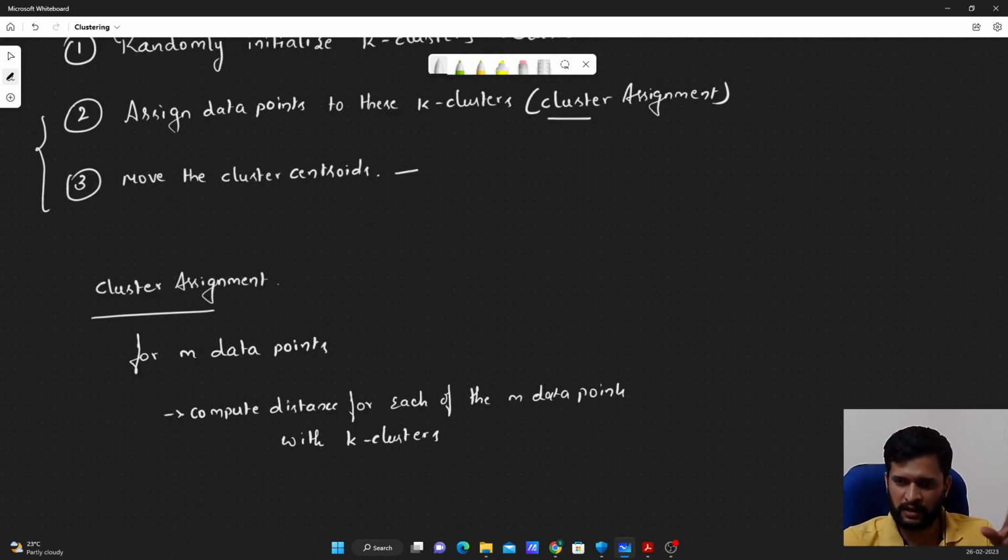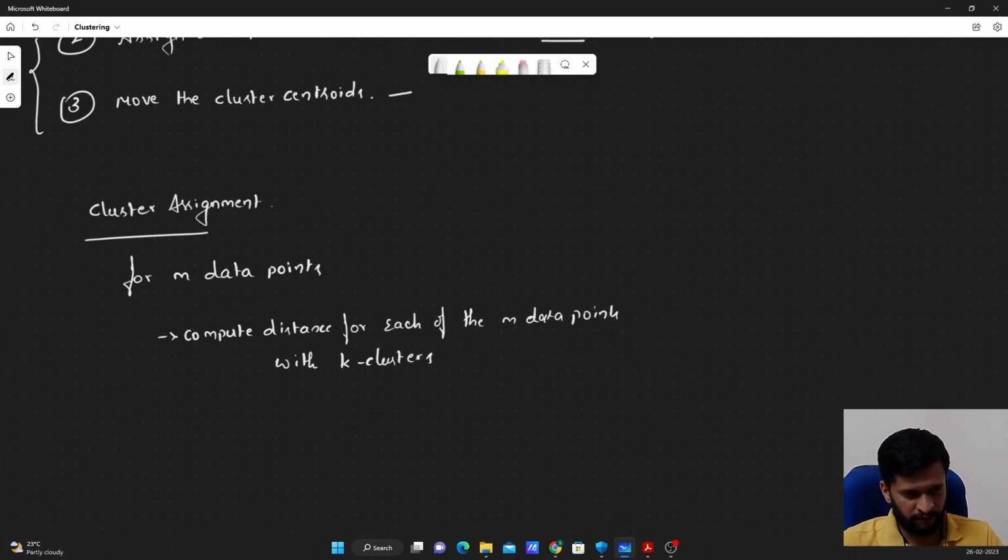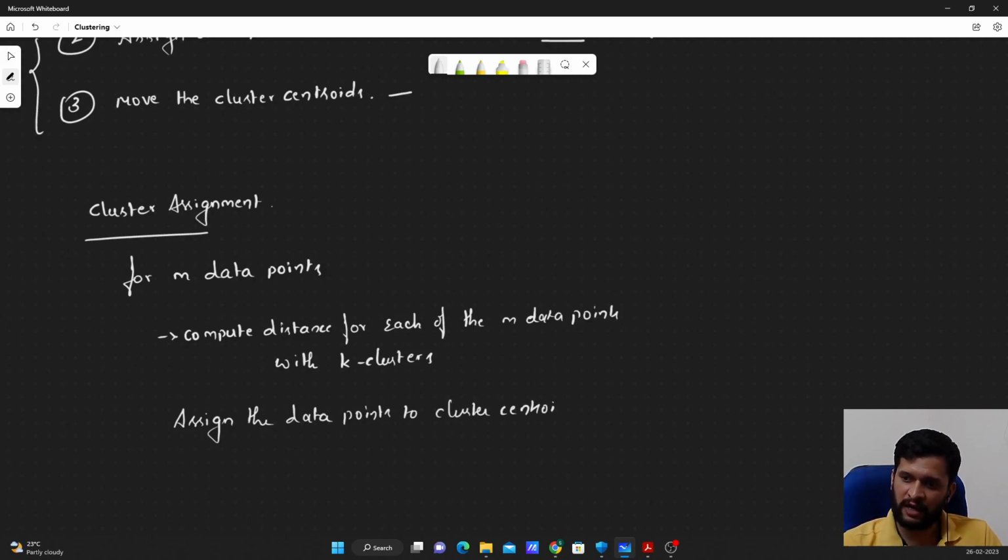correct? So what we are doing in this step, in the cluster assignment step, first we will consider all the m data points. We will compute the distance between each of the m data points with each of the cluster centroids, right? Then we will assign the data points to the cluster. Assign the data points to our cluster centroids. So how do we assign this? We will assign the data points that are close to whichever cluster centroids that we have calculated in this particular